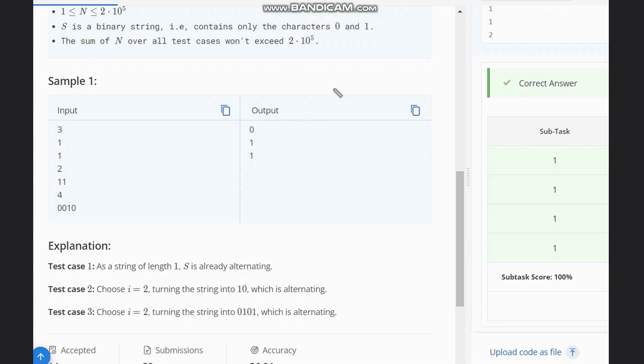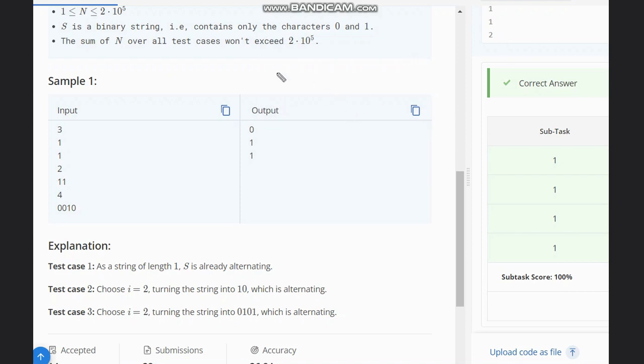If you do all these operations, then it would increase the complexity and hence give you a time limit exceeded error.